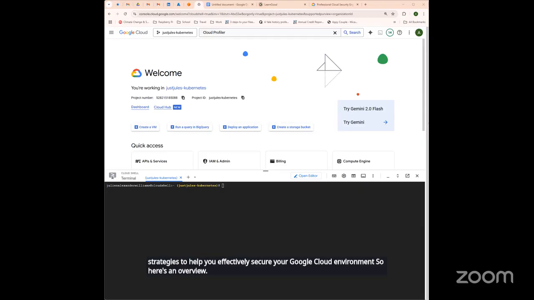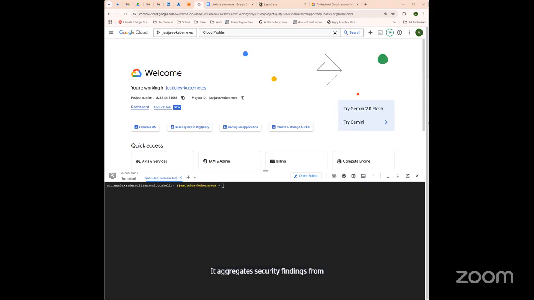Security Command Center serves as a centralized dashboard for monitoring and managing security across your Google Cloud assets. It aggregates security findings from various Google Cloud services and third-party security tools, providing a unified view of your security posture. So let's go to